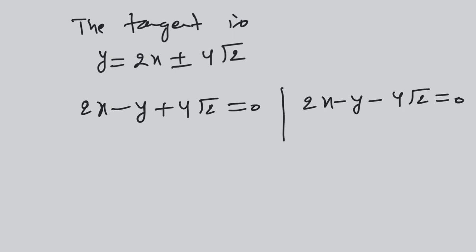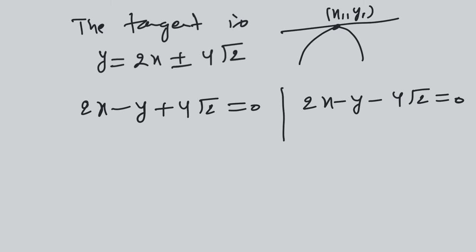Okay, now we have to find the point of contact here. One tangent we have already found, and you must know that for any curve there is a unique tangent at the point x1, y1. So at one point always only one tangent passes. We can take the equation of the tangent at the point x1, y1, and then we will compare that equation with this equation.